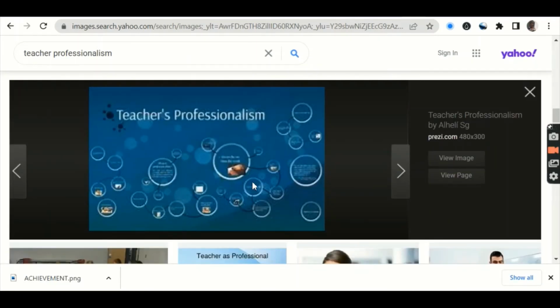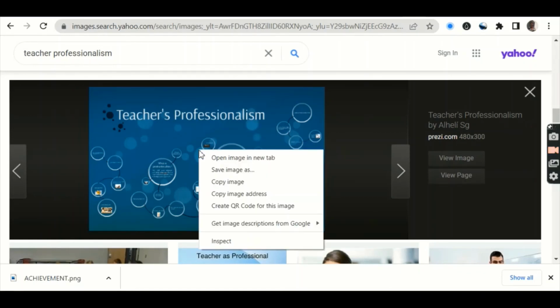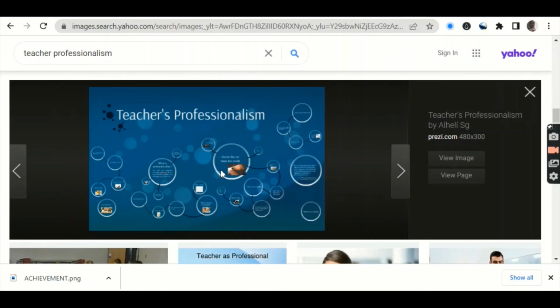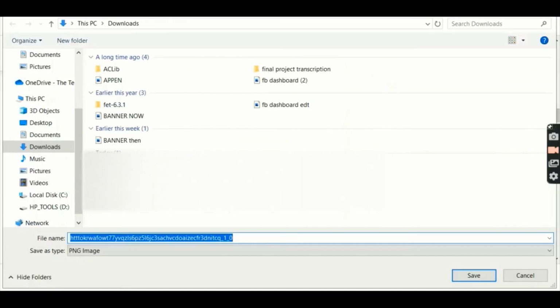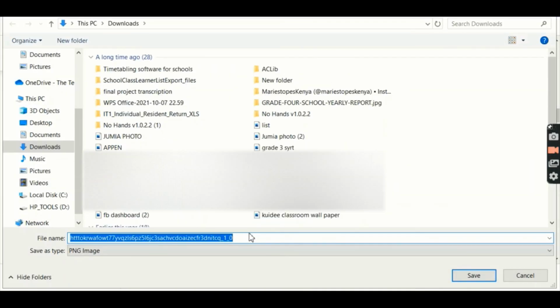So again, I said wait for it to fully load so that you can see something like that. Then we said you press at the center. So for the computer you have to right click. Now remember on the phone you are pressing at the center. So with the computer you have to right click, then click save image. On the mobile we are talking about download image. So can you note the difference? So we are going to call this